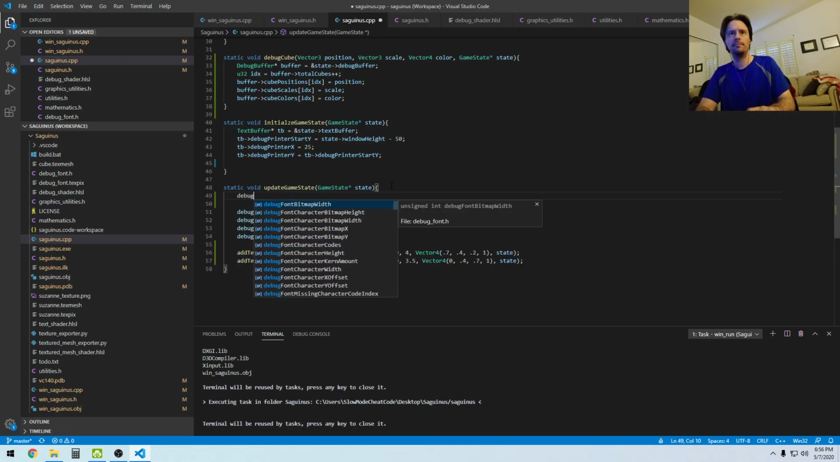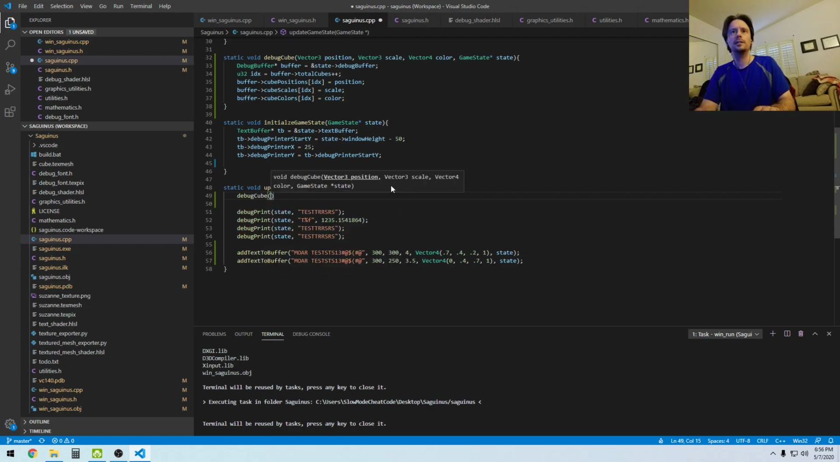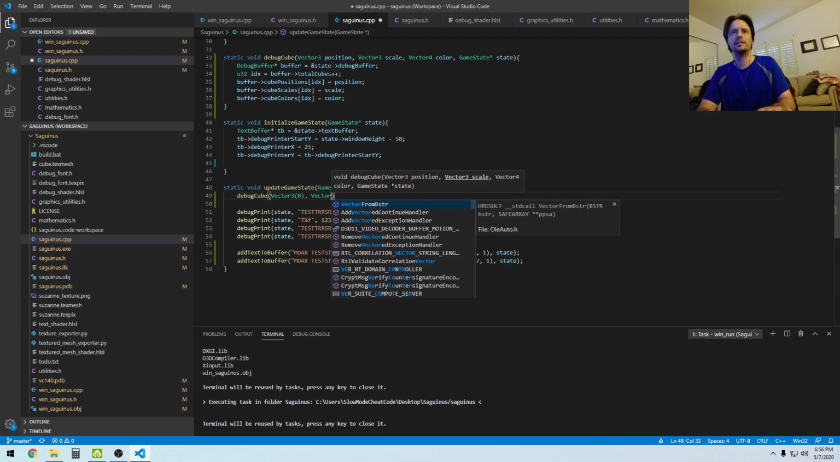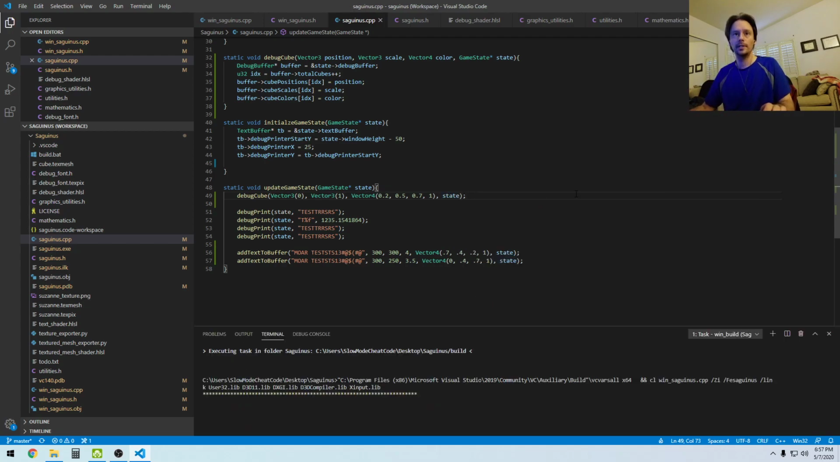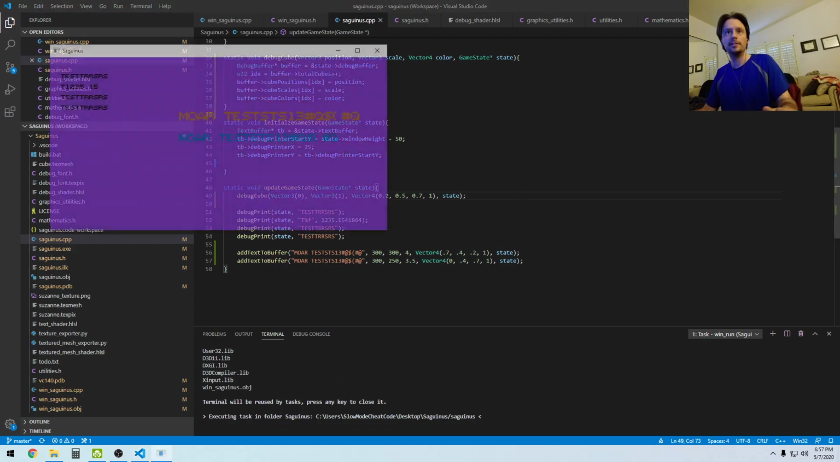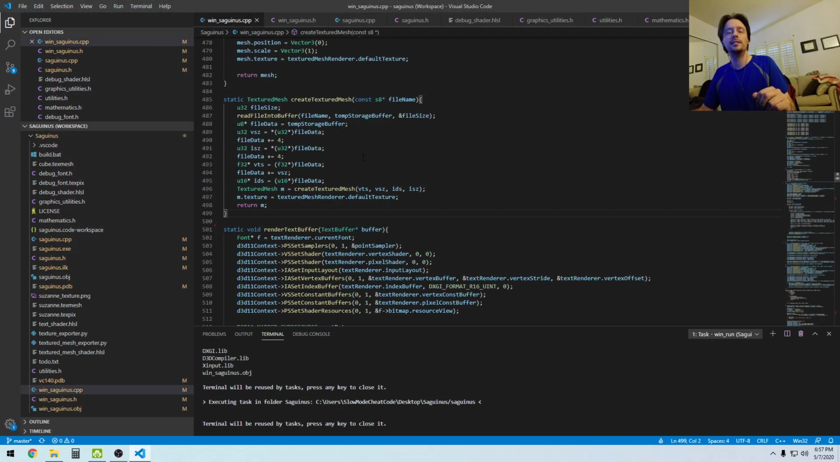So debug box, right? No, debug cube. Let's just put it at 0, right there in the middle. Make it standard sized. God, I gotta come up with another color. Let's do the opposite of what I was doing. Let's do maybe kind of a bluish. And the game state. Okay, so that should compile, but it's not going to show any cubes because I need to now